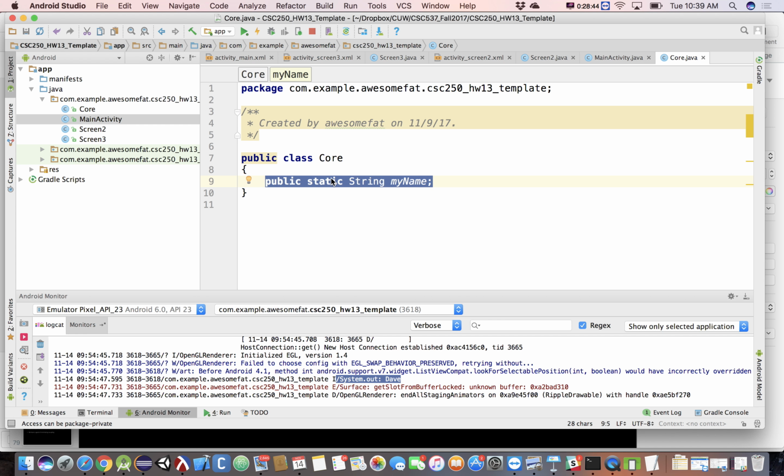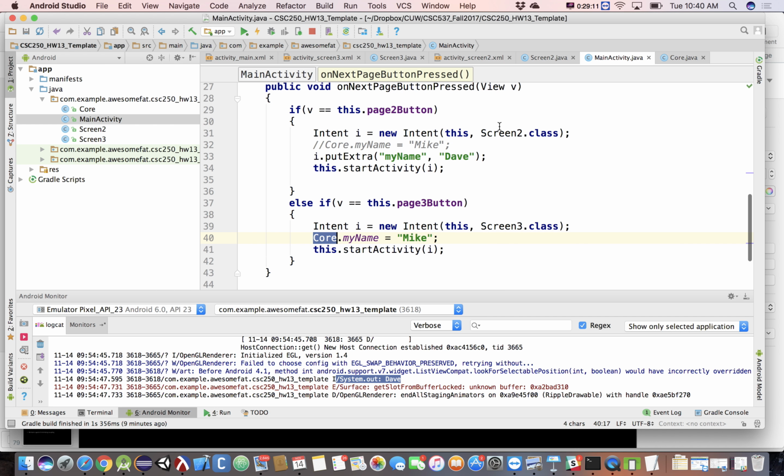Might not be the best idea. You might want to have maybe a default value in here. Maybe initially you can just have it as the empty string, or maybe you do n/a, something like that, whatever the default value is. So now if I try to grab my name, it'll work. When I'm in screen 3 and I ask core.myname, I'm going to get the value of core.myname. And if I never set it in main activity, if I decide or forget to do that,